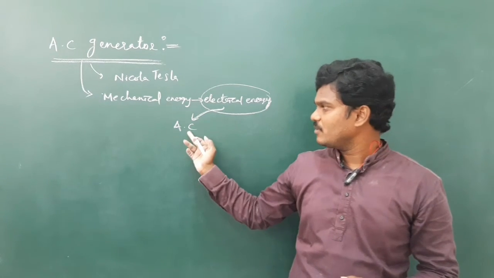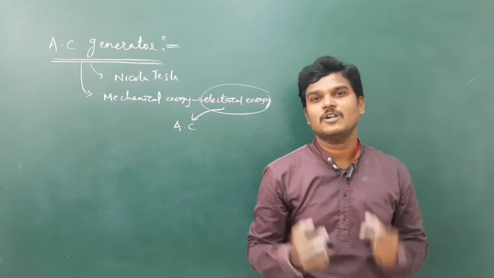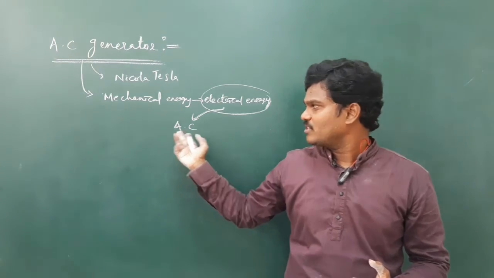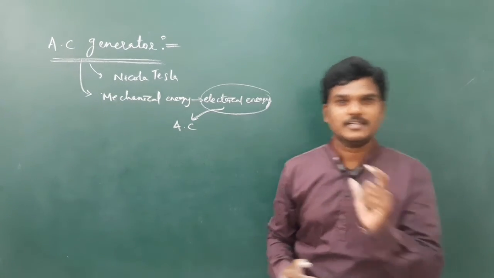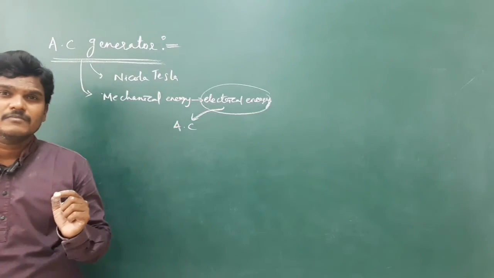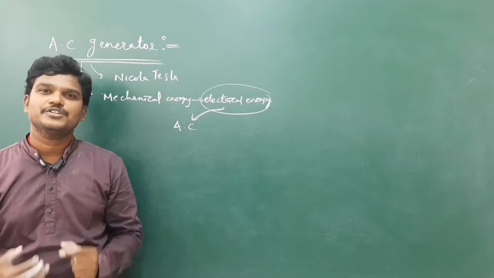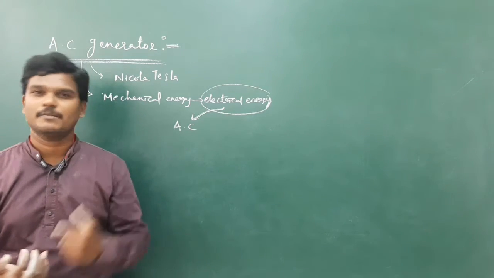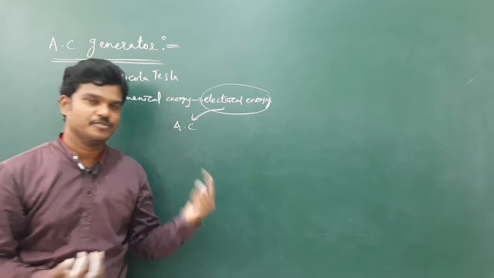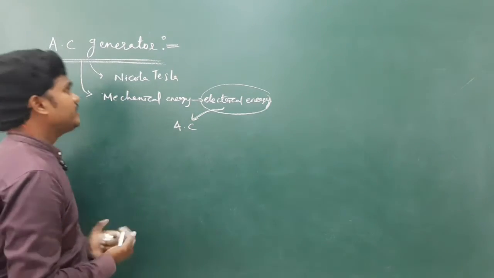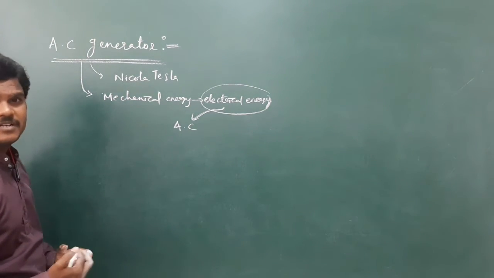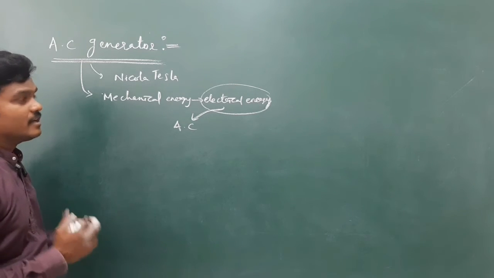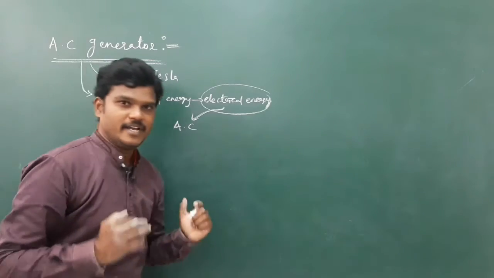Okay, so about this we are going to learn in the next chapter. Next we have the alternating current chapter. So we are going to learn about AC in the next chapter. Alternating current means the current whose direction and magnitude change with respect to time. We can represent it with a graphical representation also, that I am going to show in the next chapters. Here the AC generator, invented by Nikola Tesla, is used to convert mechanical energy into electrical energy.